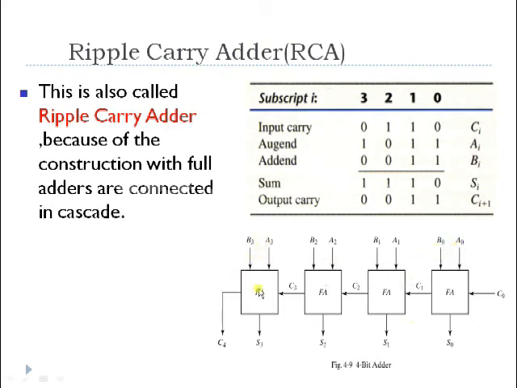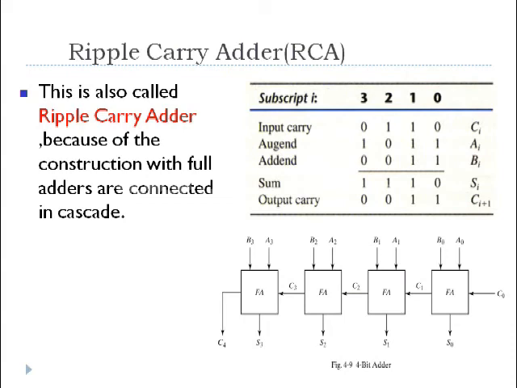Now all these inputs are given directly, at the same time, to 4 full adders. Along with these inputs we are giving one carry, and that carry is 0, because the initial carry would be 0. Therefore I would get the outputs S0, S1, S2 and S3. C1 is the carry output which we get from the full adder circuit, and that is given as an input to the next stage. In the same way, you'll get the final carry as C4. This is how you perform addition between 2 operands which are holding multiple bits.